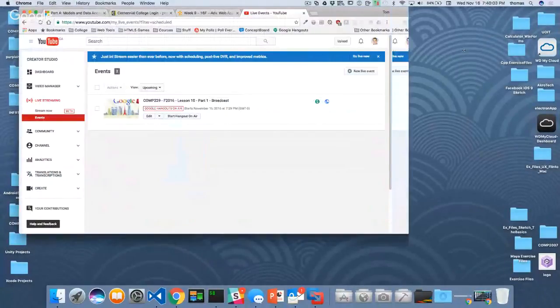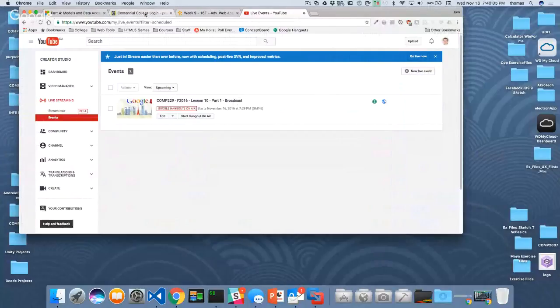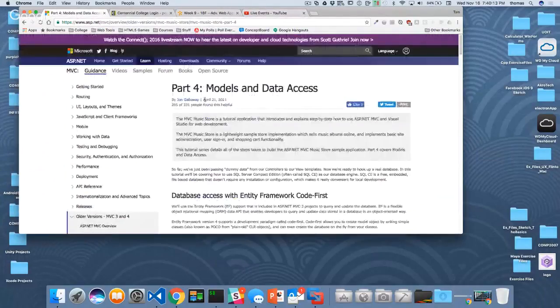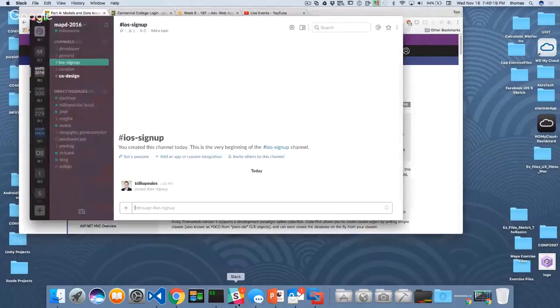on the MVC Music Store walkthrough, it's on Slack for you guys, right? But if you want to find where that is, it's here, right? So we've gone through, without knowing it, we've gone through the walkthrough, right? If you don't know the link, if you go to Slack, I think several weeks back we put it up. So if I look at